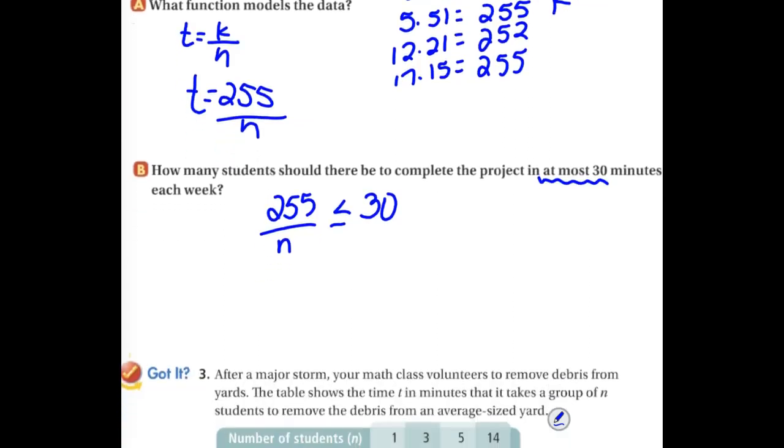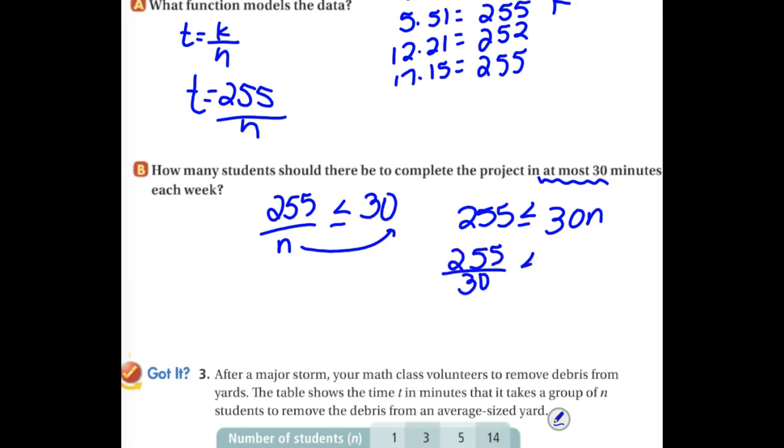How would we solve that? What can we do? Multiply this over? Okay, so 255 has to be less than or equal to 30n. Then can we divide the 30 to the other side? So 255 divided by 30 has to be less than or equal to n. What do we get? Right, 8.5, we can't have half a student, so we would say n has to be less than or equal to